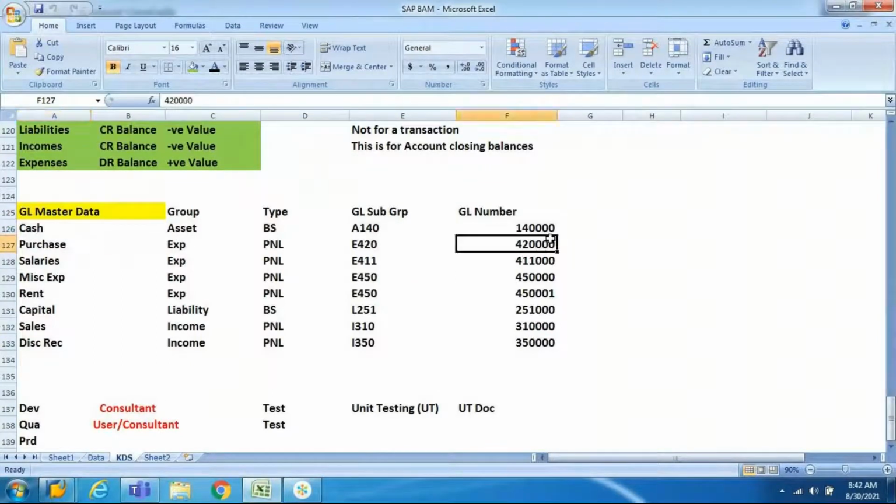On the same number you need to create the master data or the GL account. Exactly, this is how you will follow even in a project. It is not your choice to pick any number from this series and create. No. You strictly have to pick the next available number and create a GL account. So the first step is to copy this GL account number from the Excel sheet.